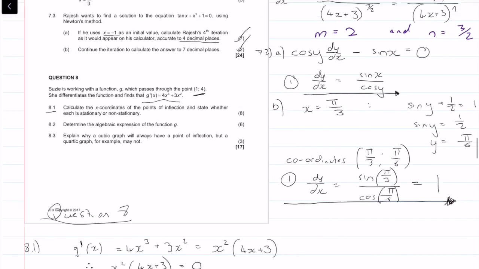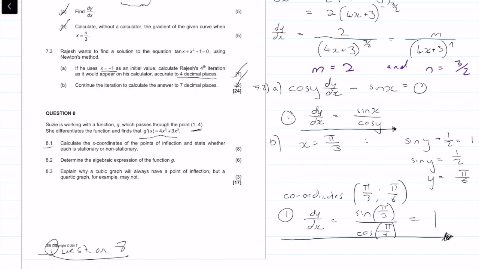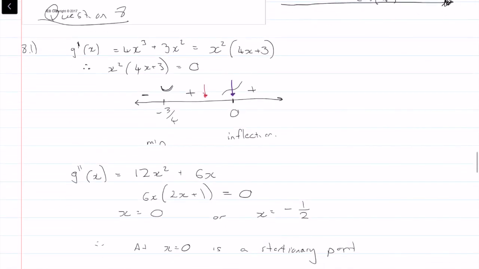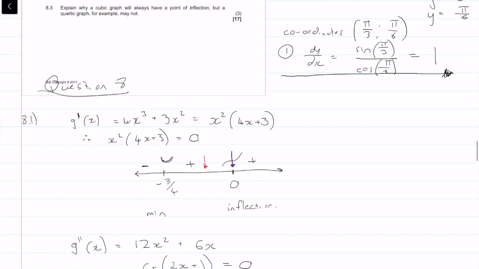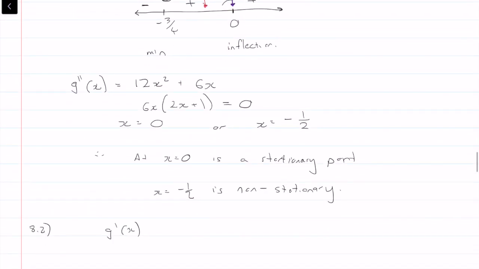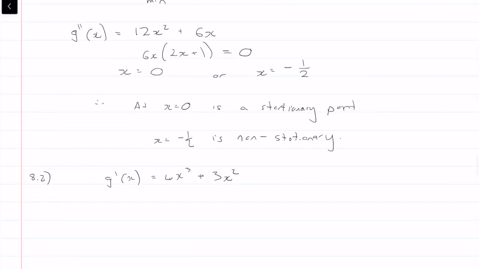Okay, so question 8.2 says, determine the algebraic equation of the function g of x. So we already know g dash of x, which is the derivative, right? And that was given as 4x cubed plus 3x squared. Okay, so to get g of x, what we need to do is integrate this. So g of x equals the integral of 4x cubed plus 3x squared. Okay, so integrating this,